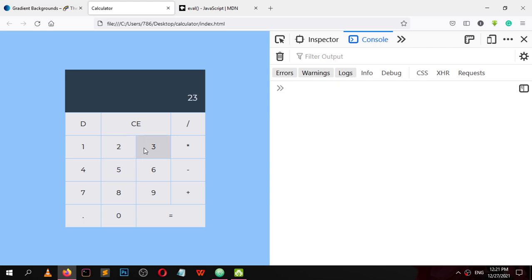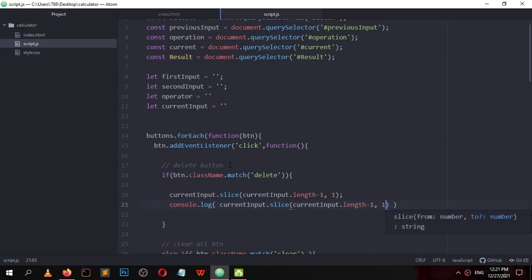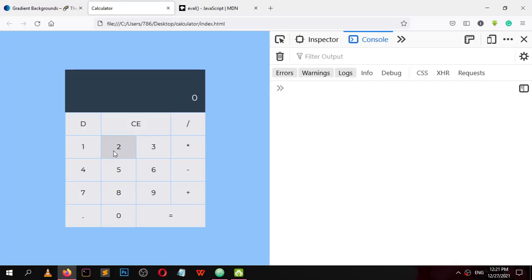Okay, 23 gives us an empty string. Why does it give us an empty string? Clear. It again gives us an empty string.